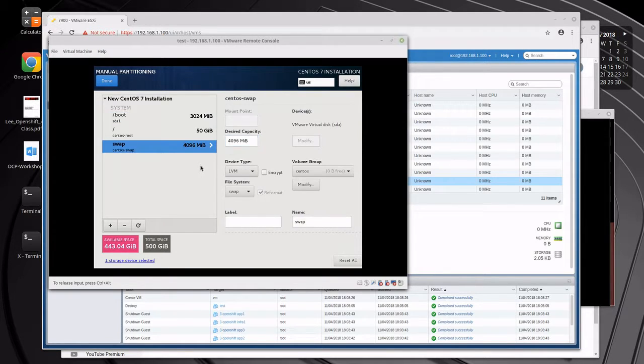Swap, that is really your own opinion. It used to be really important to systems, but it really isn't used as much anymore. But I'm going to go ahead and add a little swap to it, and then as you can see, I've still got quite a bit of space here. So what I'm going to do is take and add the 50 to the 437, so that'll give me